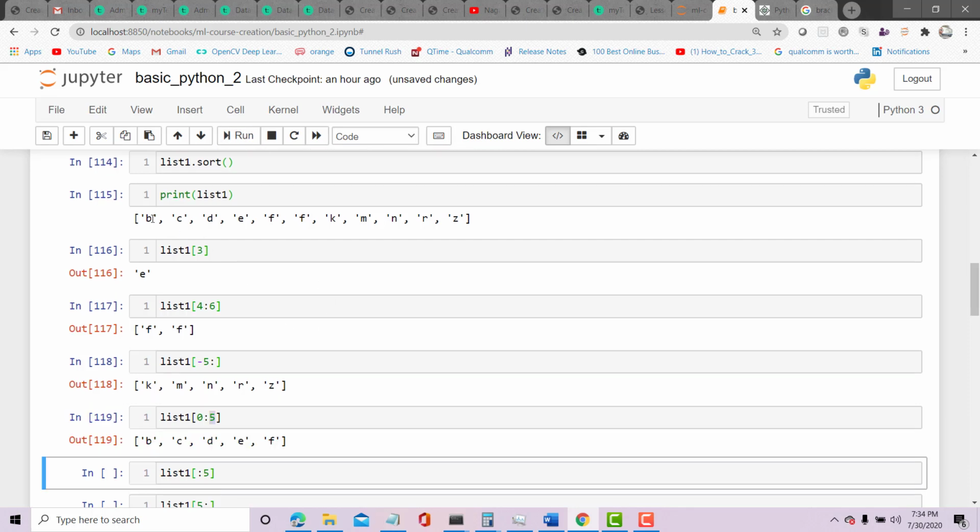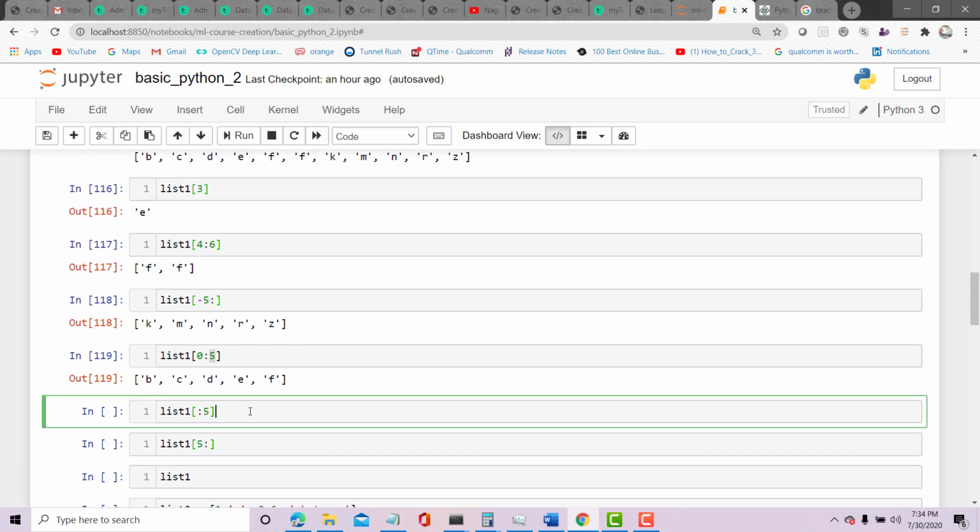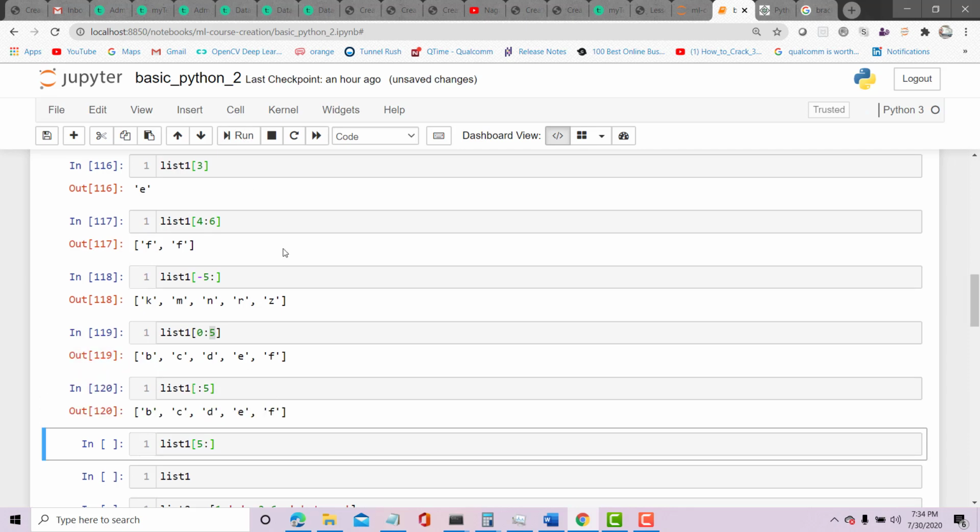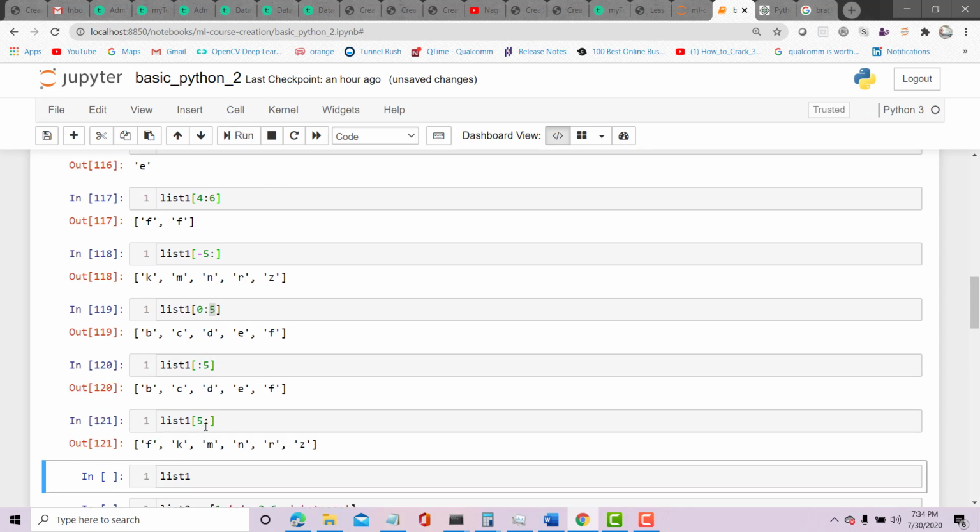So I'll get 0, 1, 2, 3, 4 up to F. And I want starting up to the 4th element, so I'll again get B, C, D, E, the first 5 elements. And I want from the 5th element till the end, 5 colon. So usually the colon represents either the beginning or the end, depending on where you place it.